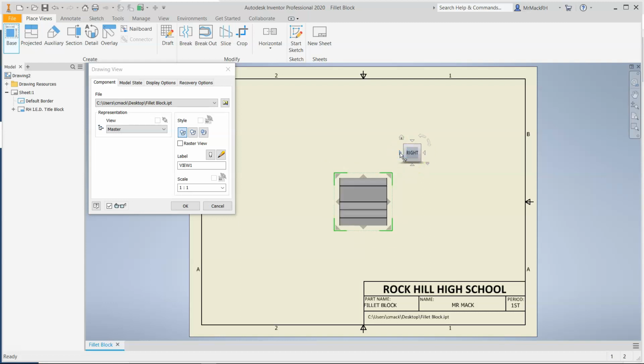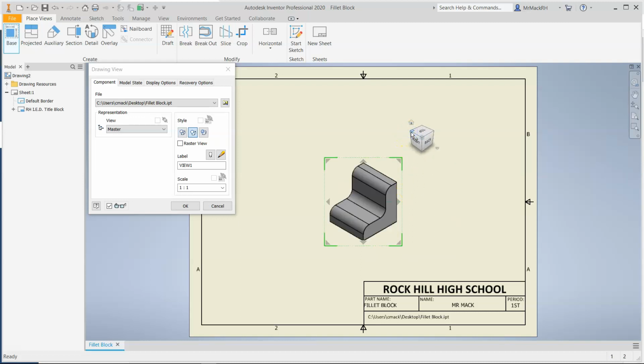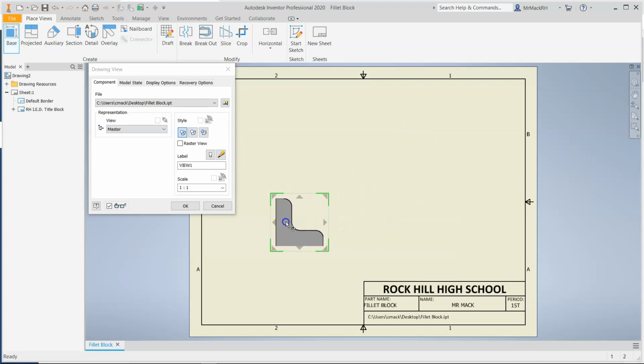Honestly, front versus back doesn't really matter. It's whichever one's going to look best as an isometric. That doesn't look as good as an isometric as that or this. If this is my front view,